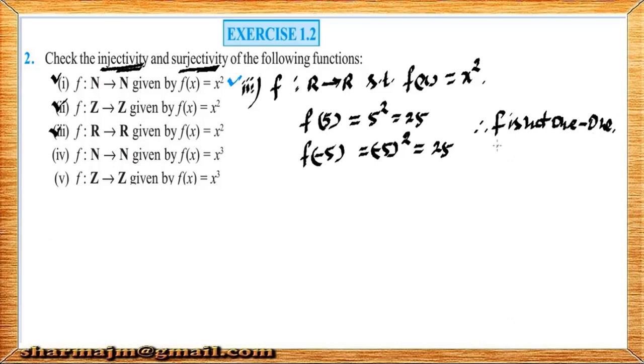Okay, this function is not 1 to 1, it is many to 1. Now here the range of this function is non-negative, 0 and greater than 0. f of x is x square. So the images will be non-negative, but on the right side in the codomain there are negative numbers also. -5 is in R, that is codomain,